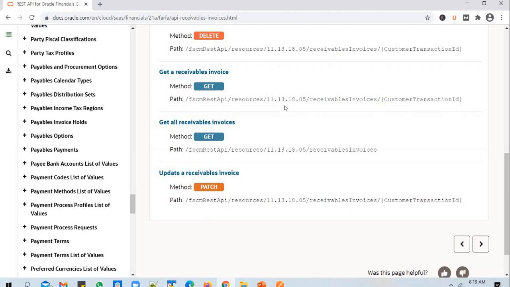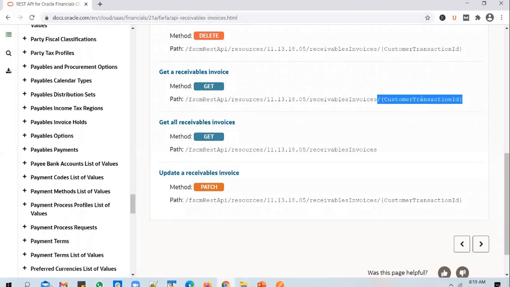If you compare this endpoint with this one, both have the GET method and the path is exactly the same. It's just that you have a customer transaction ID defined as a template parameter.